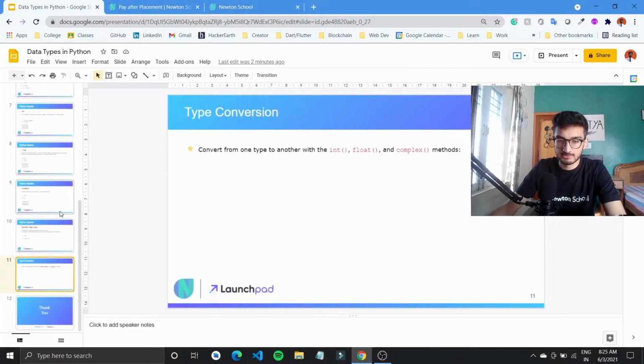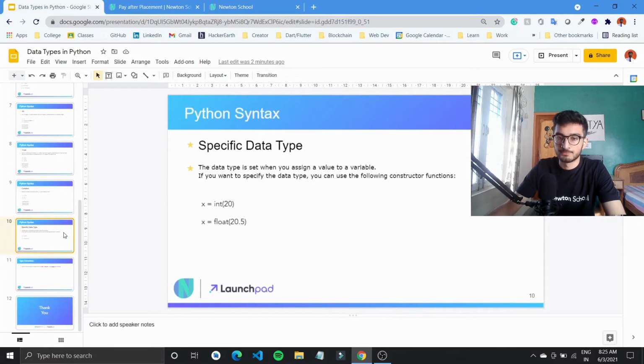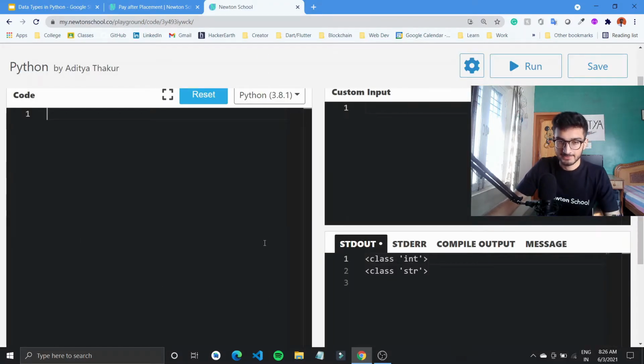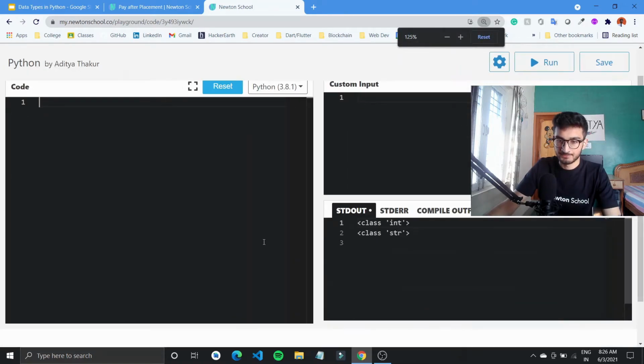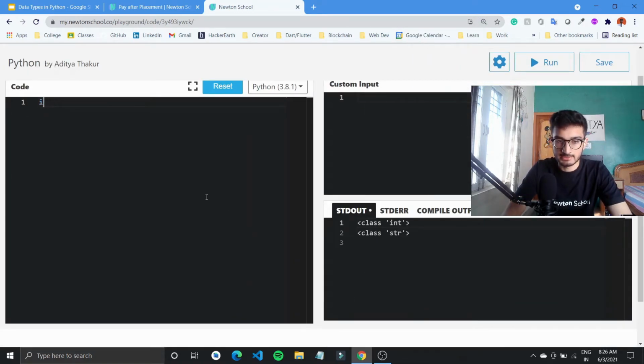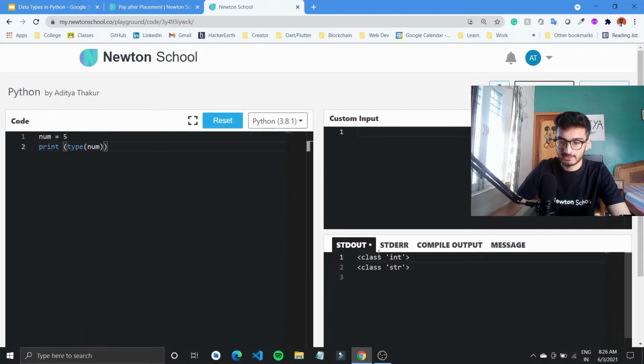Okay, so that brings us to how to specify the data type of a given variable. Let's go back to our IDE again, and let's do that. So there was this number which was saving 5. If I try to print the type of this number, it should return class int. Now if I copy this code and make this 5.5 and try to run it,